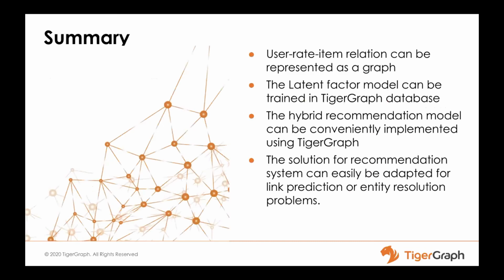So now let me summarize what we have today. First, in this webinar, we show that the user rate item data relation is essentially a graph, and we can load the rating and tagging record into the graph using TigerGraph. Actually, when we load the data, we are essentially storing a sparse matrix using a graph, which can greatly compress